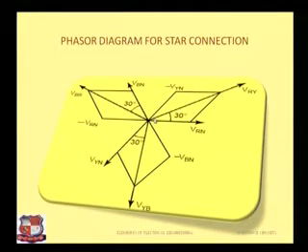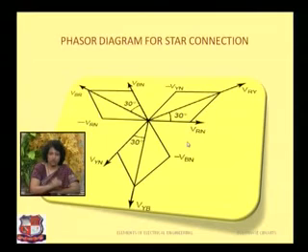Now I have to plot the line to line voltages, like voltage between line R and Y is VRY, line B and R is VBR and line Y and B is VYB. So by parallelogram law of vector addition, I will take VYN over here, that will give me minus VYN, and VRN minus VYN, the resultant will give me VRY. Similarly, for VBR, I have to take VRN here, minus VRN. So VBR is VBN minus VRN. Similarly, VYB is VYN minus VBN.